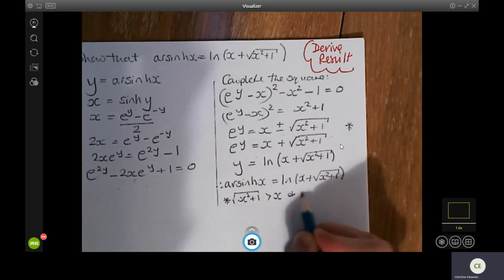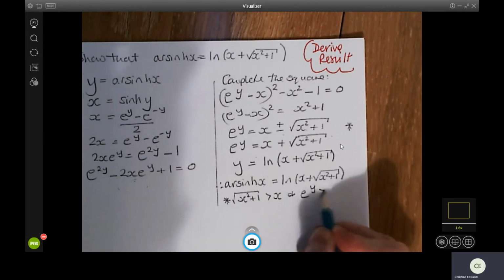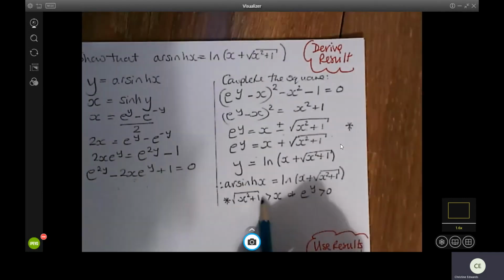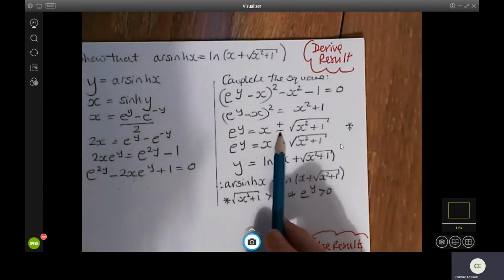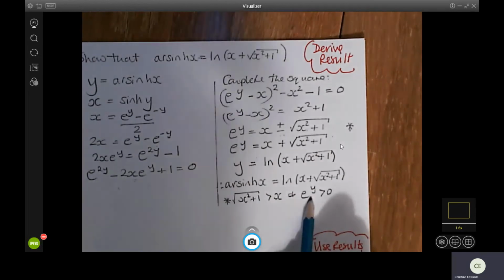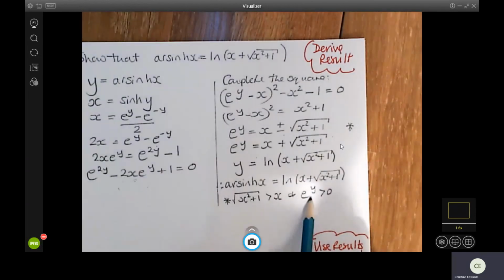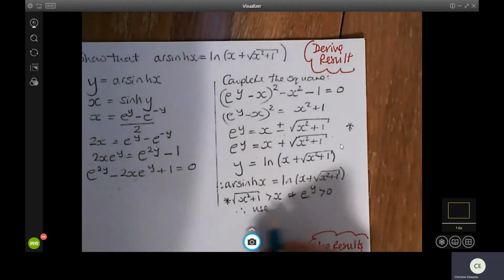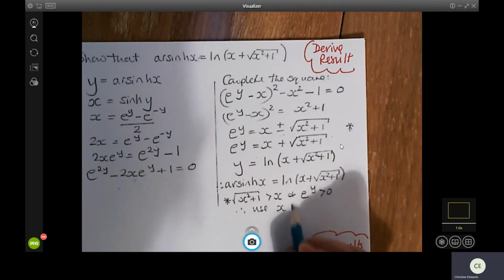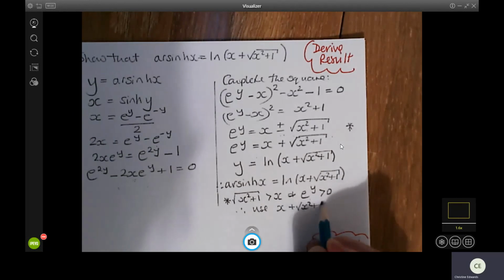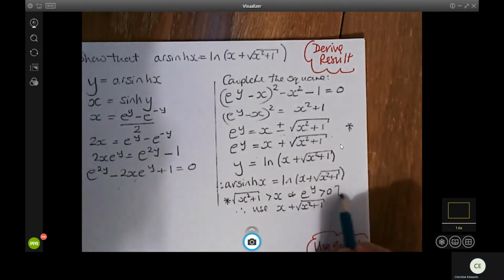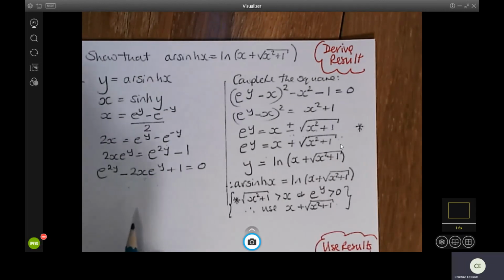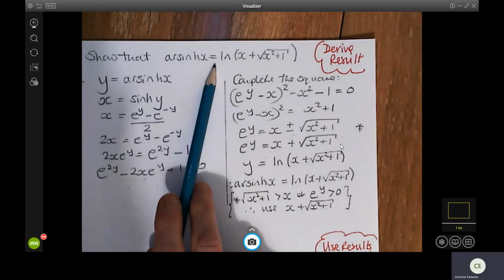But we know that e to the y has to be greater than 0. So we therefore do not want to take away a value because we will not get a valid answer. And therefore we only use x plus the square root of x squared plus 1. So that's the method for deriving the